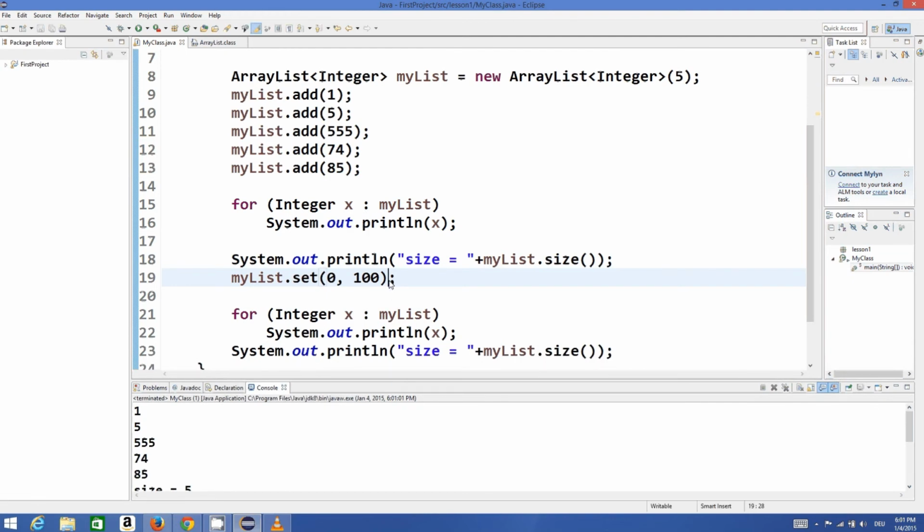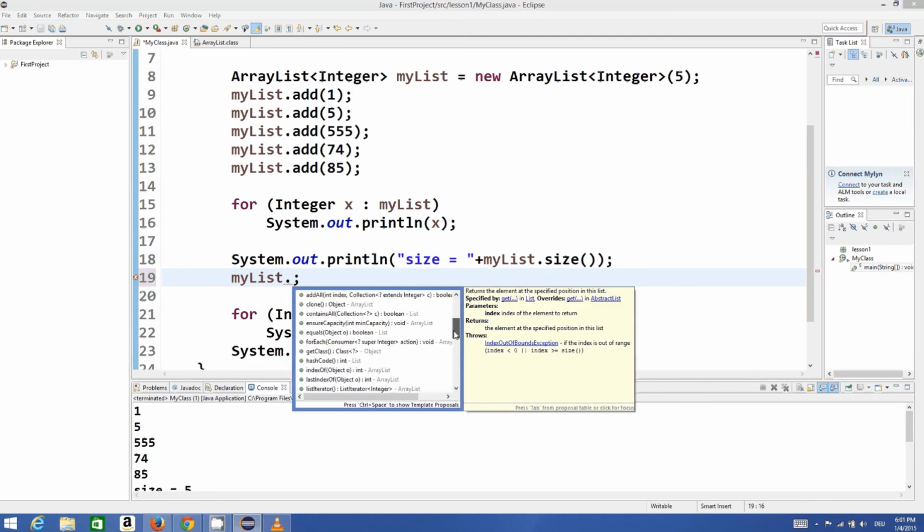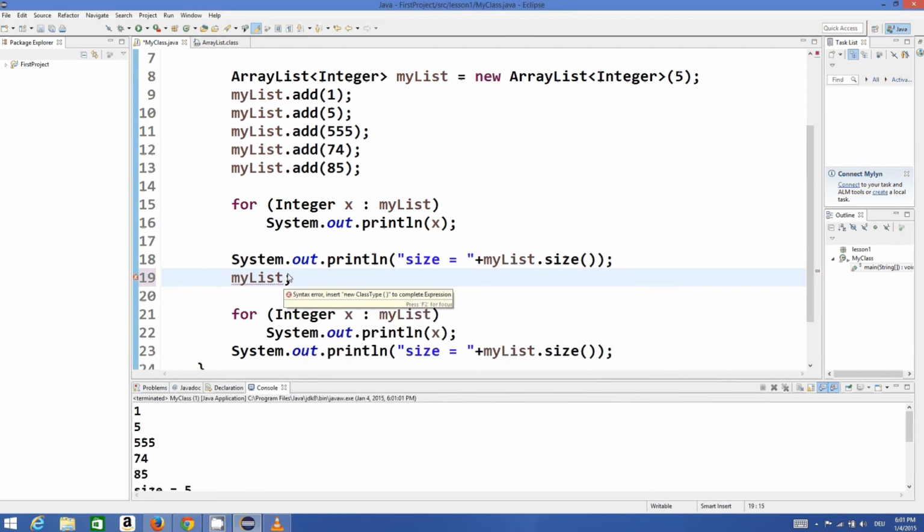It contains many more methods. For example, when I just use this variable name mylist, and when I just use dot separator, it will give you suggestions, and here it will give you some more suggestions, like you can clone this, or you can check if this array is empty or not, or you can trim this array to the size of something. So let's try to trim this. List dot